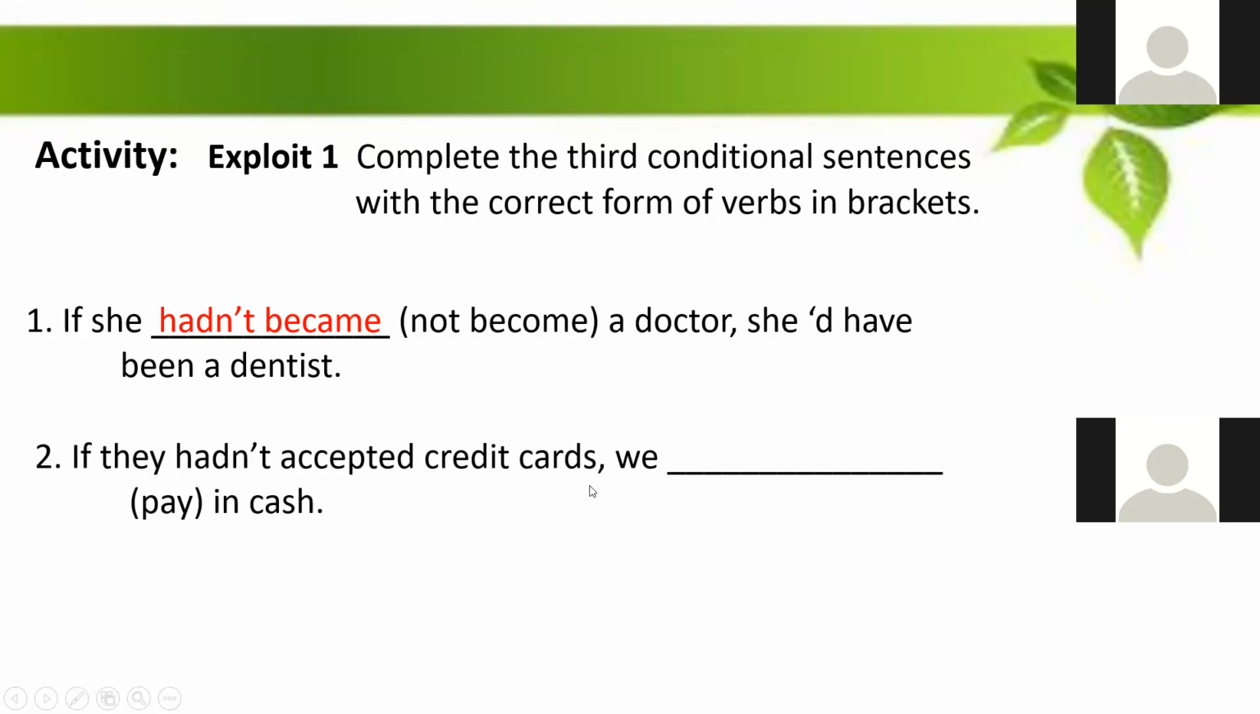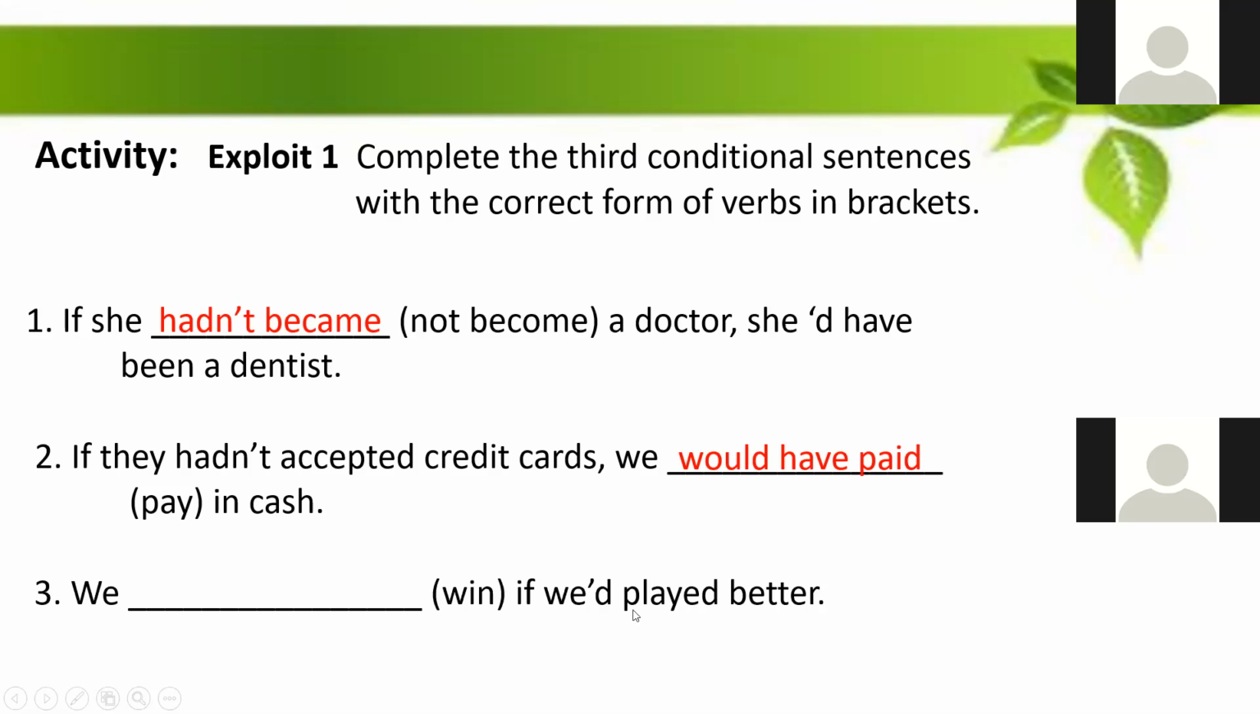What is the structure for third conditional? We have if clause plus main clause, past perfect tense, would have plus past participle. So what are you going to answer here? Past participle. No, you have to add would have. Would have paid. Then the past participle of pay is paid. Do you understand? So for number 3,